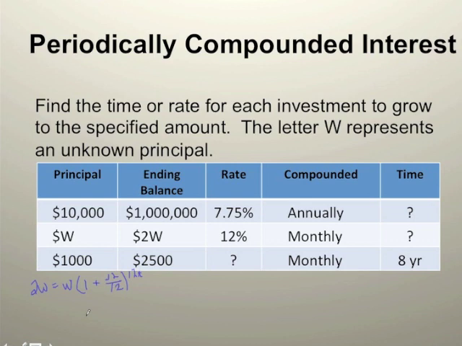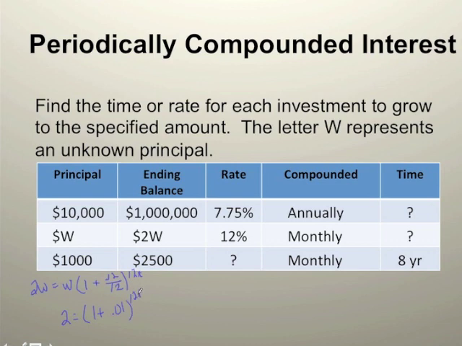Divide by W, we'll end up with 2 equals 1 plus 12 hundredths divided by 12